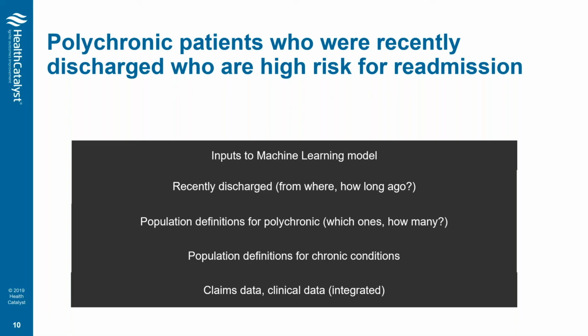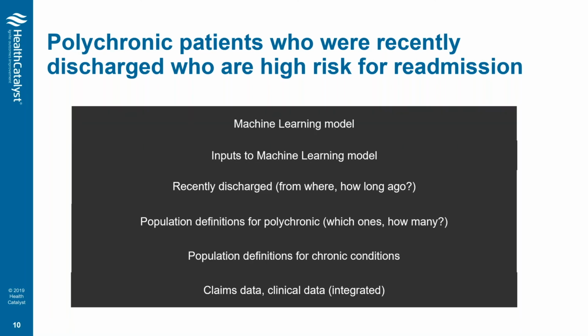And if there's a machine learning algorithm involved in the readmission risk, finding those high-risk-for-readmission patients, there's a lot of inputs that need to be gathered. And there's a growing awareness that the real challenge in machine learning is getting the data and getting the data prepared in such a way that it can be used. So getting those inputs is a big challenge. And then actually generating and running the machine learning model and capturing the output and then using that in the query. Now, unfortunately, many times when it's implemented, it looks like this, a big black box where we've got all sorts of different component pieces to the query,